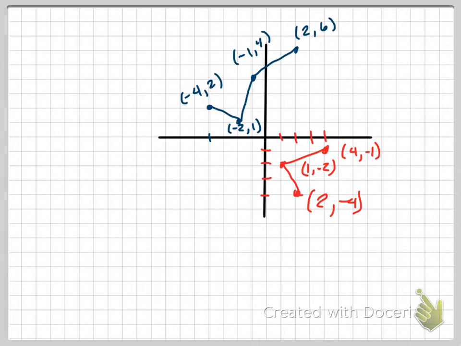And our final point was 2, 6, so we're having 6, 2 now. So that's 6, and this is 2. So this is 6, 2. So our red one is our inverse. Well, you'll notice by looking at these things, they're basically the exact same thing. They're flipped, right? But they're not flipped around to x, because if we flipped it around to x, it would